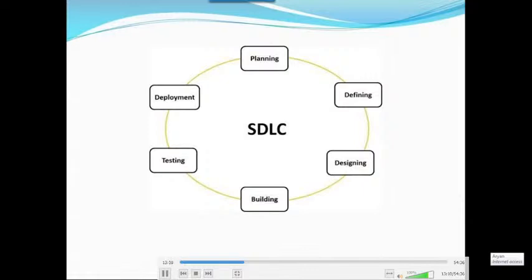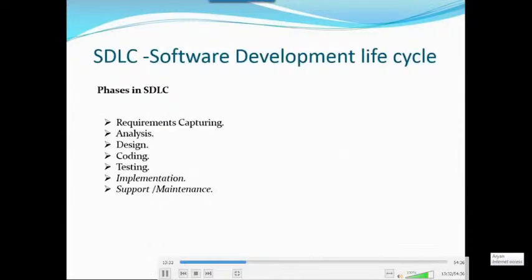Anything is fine. Both are the same, only the terminologies are different. Here, planning, defining, designing, building, testing, and development. When the development is done, then we go for the release. So this is SDLC. SDLC is nothing but the Software Development Life Cycle. What are the phases?